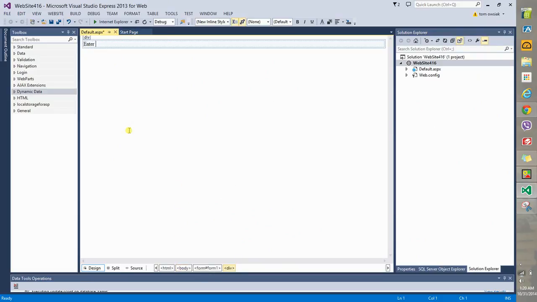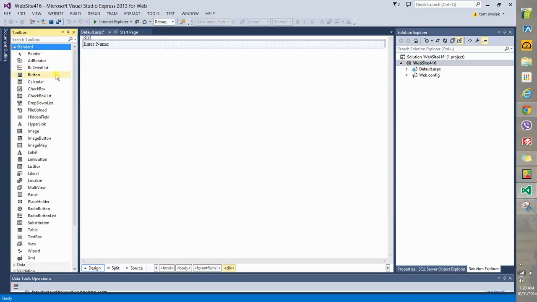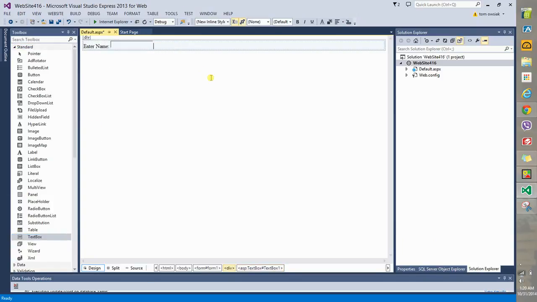Type enter name, and then from the standard here, place a text box next to that. Alright, then type something like enter email, and next to that place another text box, and then enter date, and place next to that another text box. And now here further you're going to place the following: